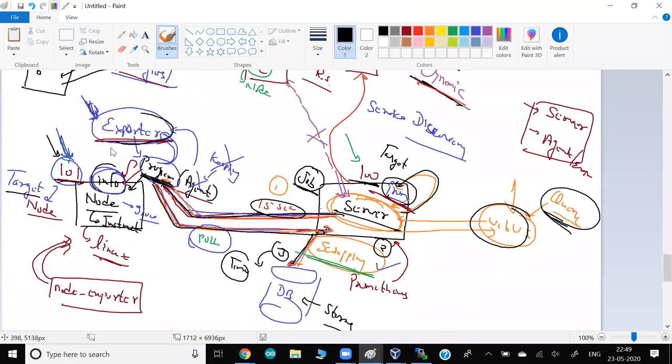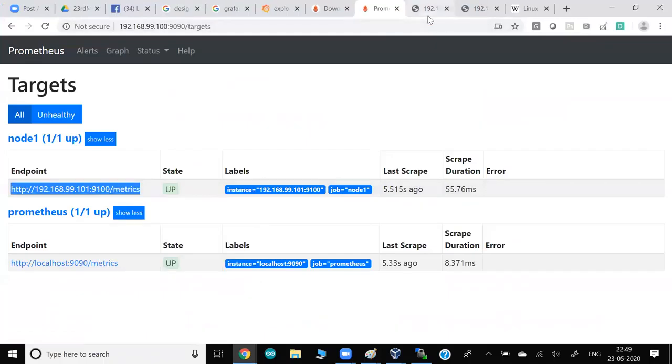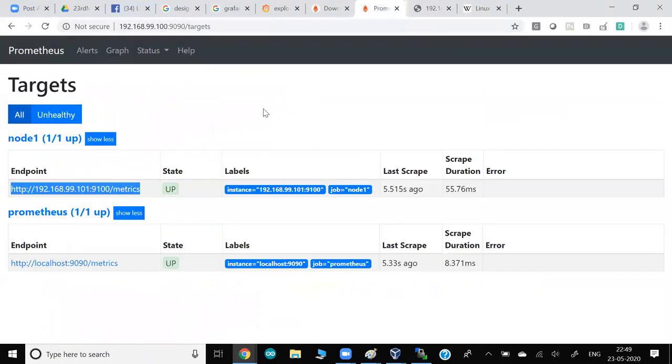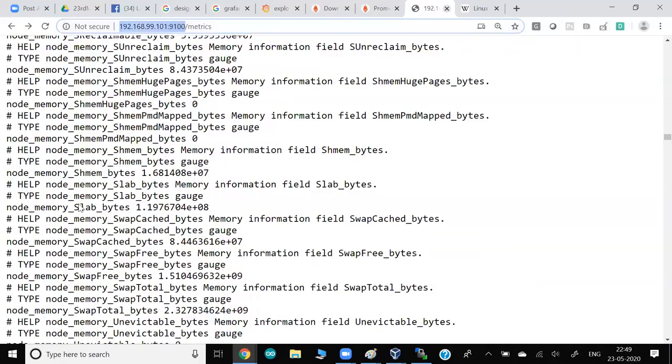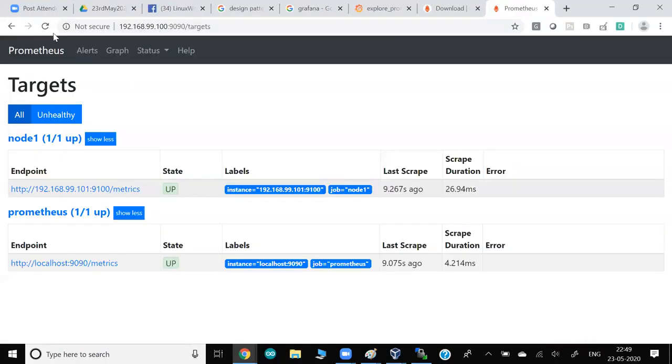The same URL we can also click, the same way I showed you. But instead of clicking, you keep on refreshing. It keeps on refreshing every 15 seconds. So you can see the last scrape time. If you refresh, last scrape time: 9 seconds ago, 11 seconds ago, 12 seconds ago, 14 seconds ago. After 14, it will again be set to 0, which means every 15 seconds it goes and resets the time. So what is it doing when it is scraping?